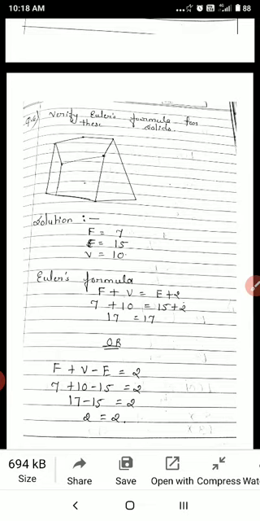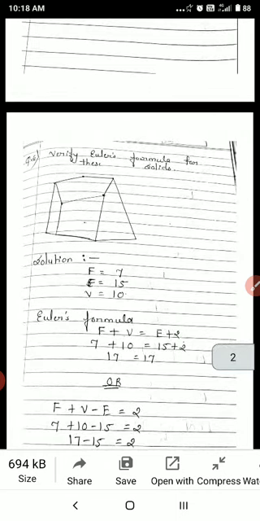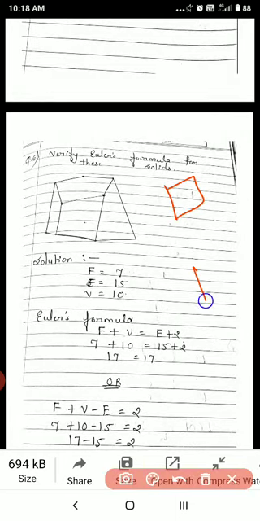Then question number 3: which are prisms among the following? In a prism, the top and the bottom are equal. Suppose there is a square on the top and on the bottom, and if we join their endpoints to each other, then we will get a prism whose bottom and top are equal. The lateral surface would be a triangle or rectangle or square, anything. Then in question number 3 we have to answer which of the following is a prism.